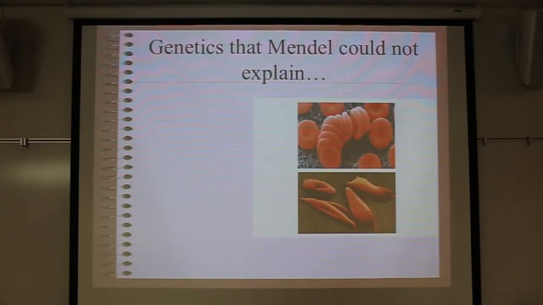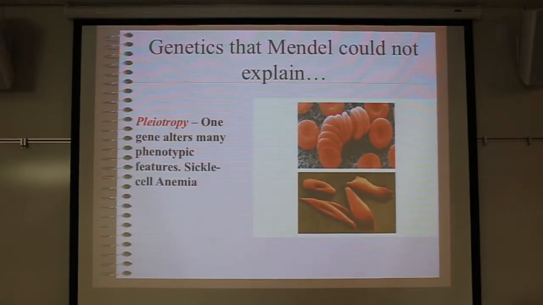Okay. Another thing Mendel couldn't explain or would have trouble with is this idea of pleiotropy, where you have one particular gene that alters many different phenotypes. So sometimes a gene doesn't just make a flower yellow. It might be doing a whole bunch of things. An example of pleiotropy would be in humans, a genetic disorder that people can get called sickle cell anemia, and it's a genetically inherited